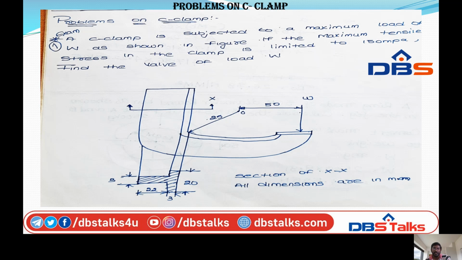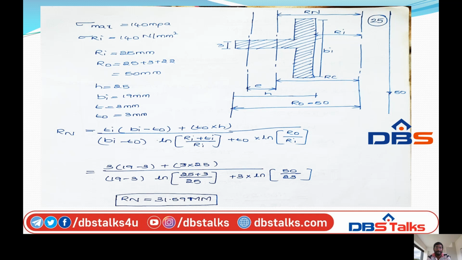The inner radius is 25 mm. The length from the inner radius to the frame is 50 mm. The weight will be calculated. So the given data. First of all, we can draw the T section. From the Jalaluddin data book, page number 4.29, we can draw the T section.